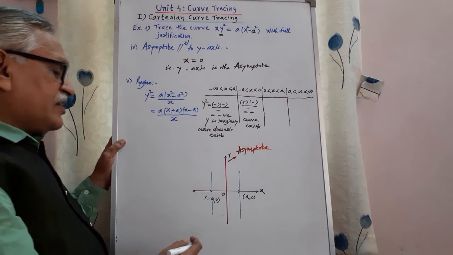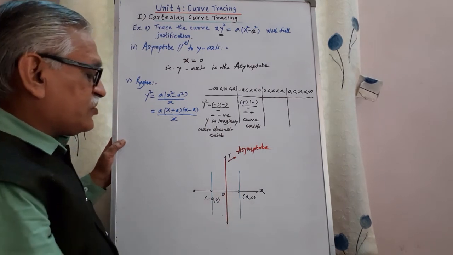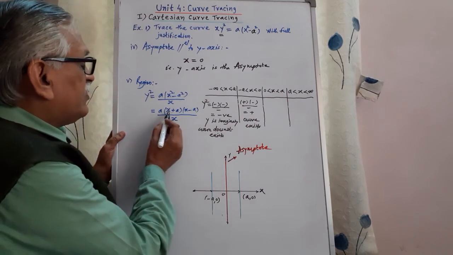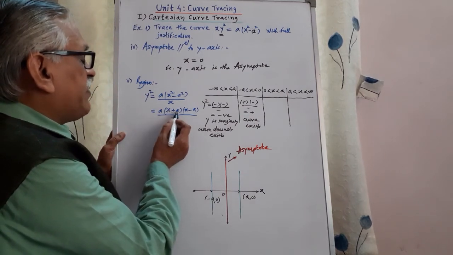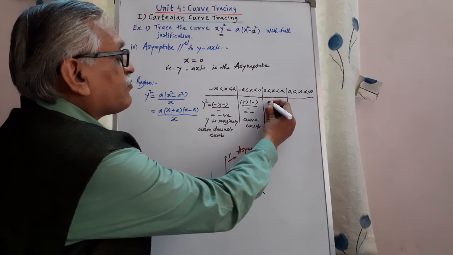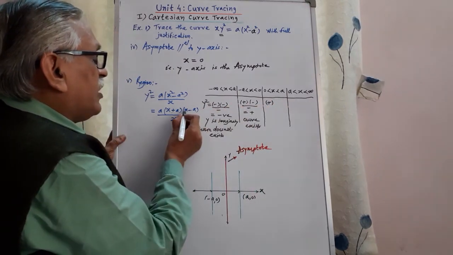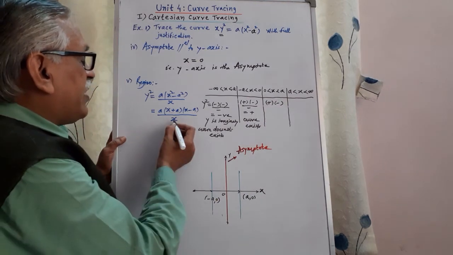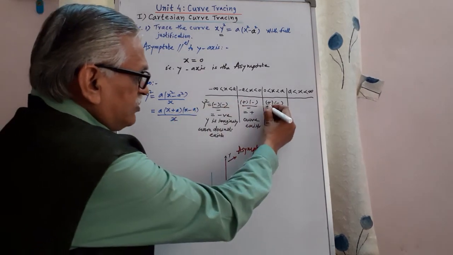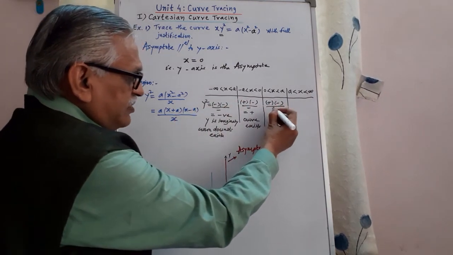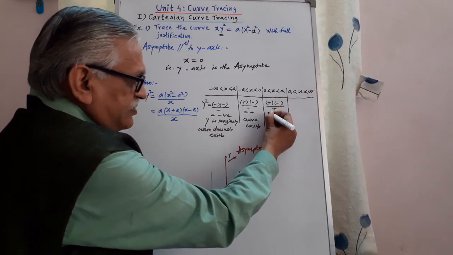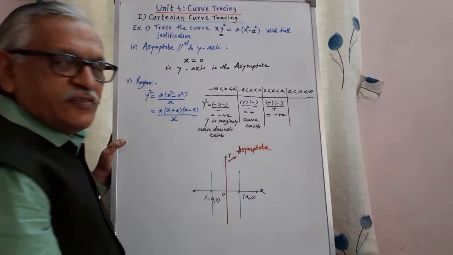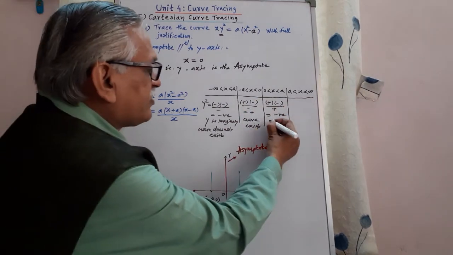Then third, consider any value which is between 0 to a, a point between this 0 to a, suppose a by 2. Once again we find the sign: a by 2 plus a, we get a positive value. A by 2 minus a is with minus sign, and x as a by 2 with positive sign. Therefore, this product is minus divided by plus, y square is negative,